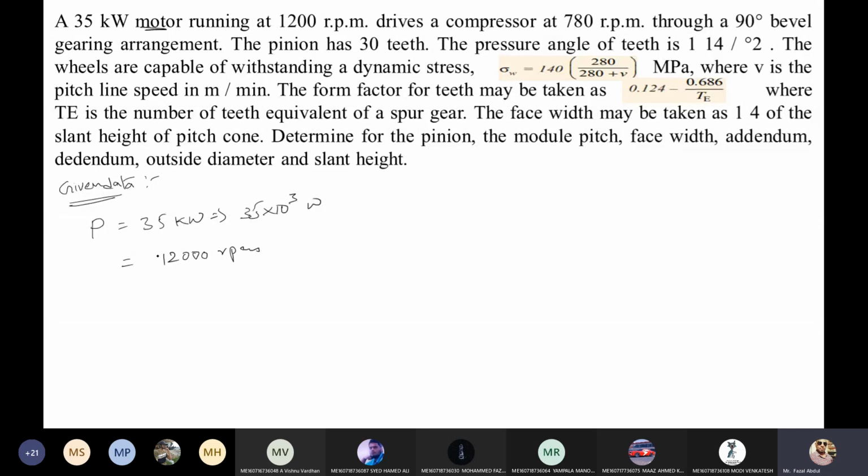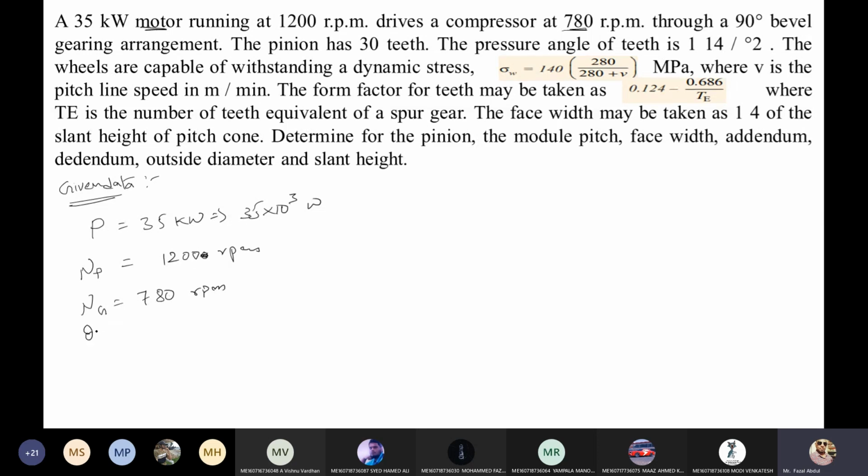This speed I am considering as the pinion, because the pinion is always attached to the motor shaft, and it drives a compressor at a speed. So the other speed we can consider as the gear speed, that is 780 rpm,